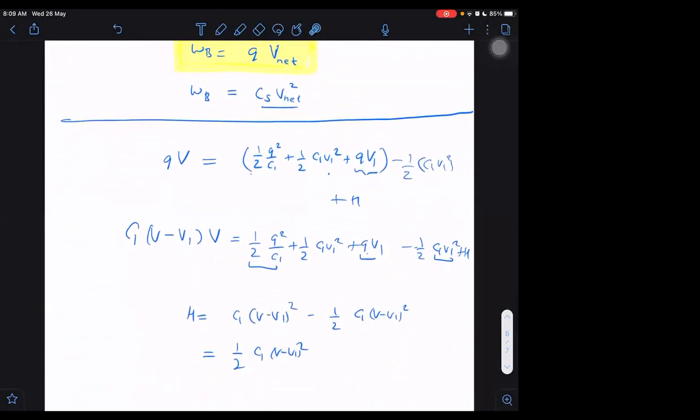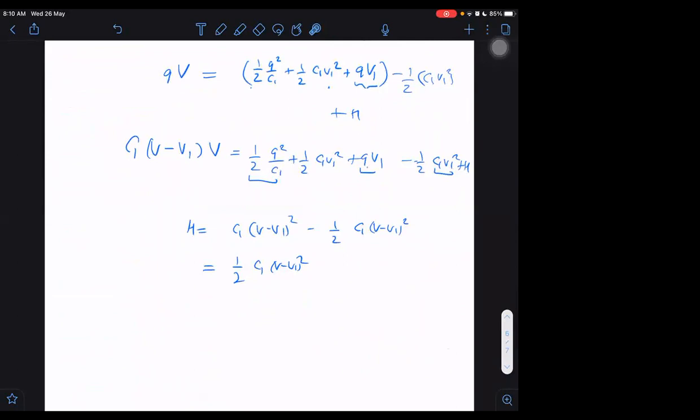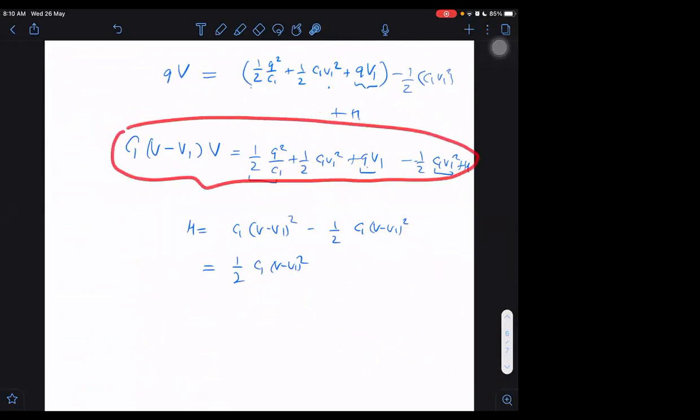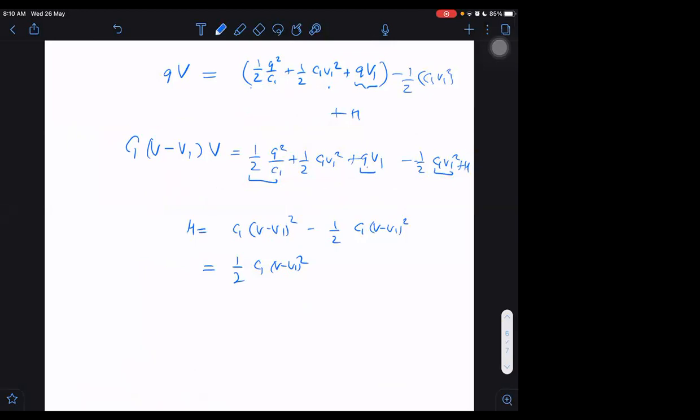Okay. So anyway, are you sure we are getting this result only? I think I derived this last time, so I think it is right. This only it should be. So what is the heat supplied finally? Heat supplied comes out to be half of C1 into effective voltage square, whatever the effective voltage is, that square we are getting. Or I could write it as, work done by battery is equal to Q into VB, the voltage of the battery.